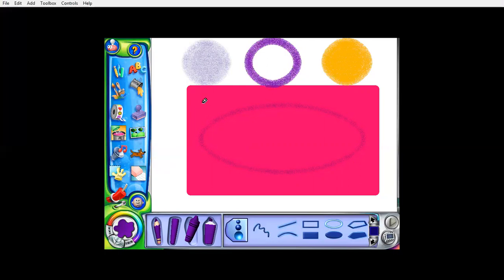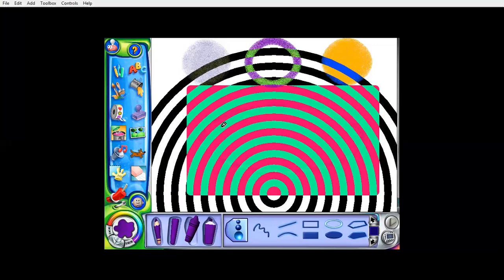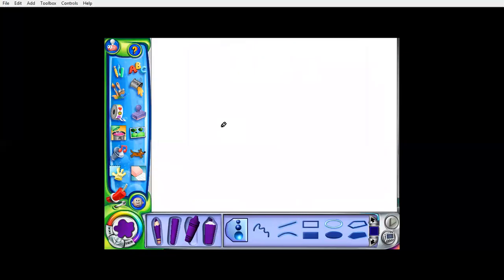Let us draw a smiley face. Now it's time to draw a smiley face. How will I draw a smiley? Before that, I want whatever work I have done to be erased. Over here, there is a bomb. When I click on this bomb, what will happen? See the result. Isn't it good? Whatever I have drawn has vanished.